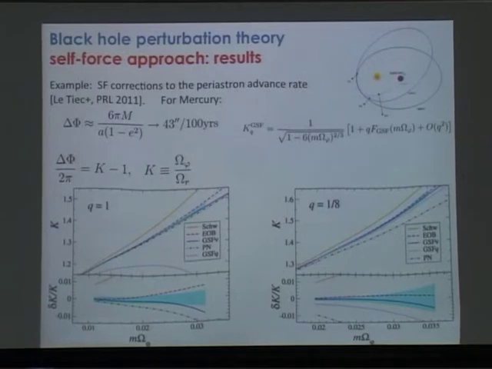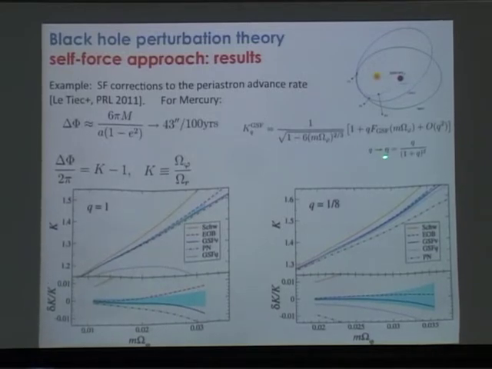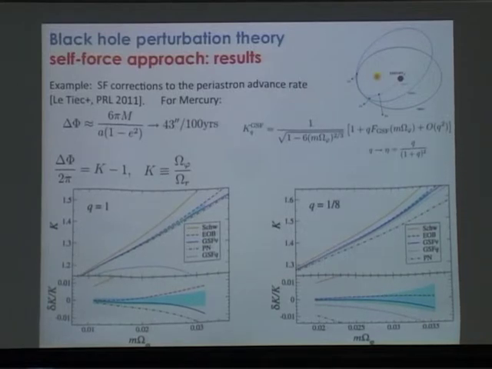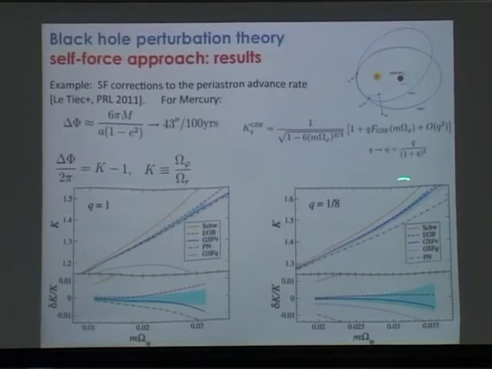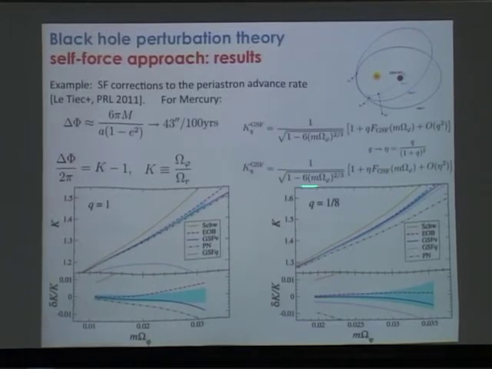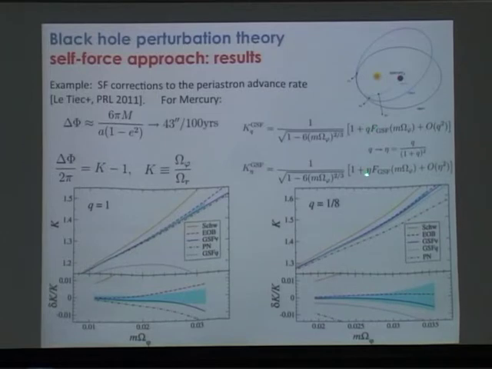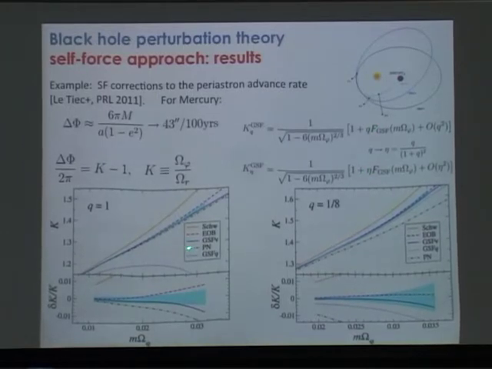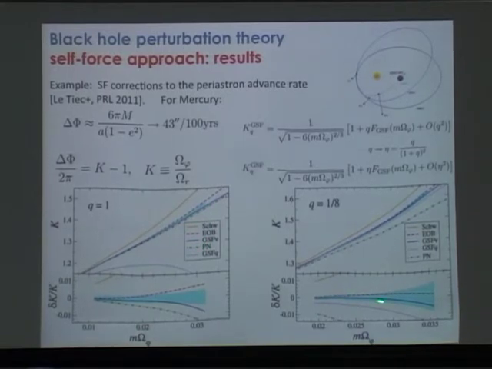Now if I just replace the mass ratio with this other quantity, the reduced mass ratio, which is what appears in all the post-Newtonian expressions, the natural quantity that shows up, so the expression is the same and all I've done is change this q to an eta, then I get this solid blue line here, which you can see agrees very, very well with the numerical relativity result. Just making this very simple change of variable gives you a dramatic improvement in your results.